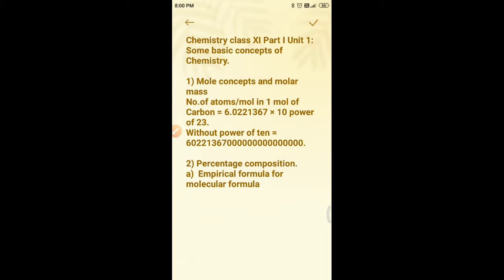Now let us continue mole concepts and molar mass. We know in the previous classes we studied how small atoms and molecules are in size. They are extremely small, and if you denote those things in numbers, it is very difficult, since the numbers are very large. To handle such large numbers, a very convenient unit of magnitude is required.